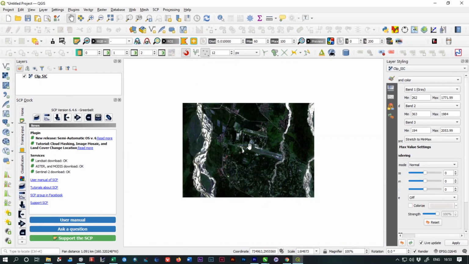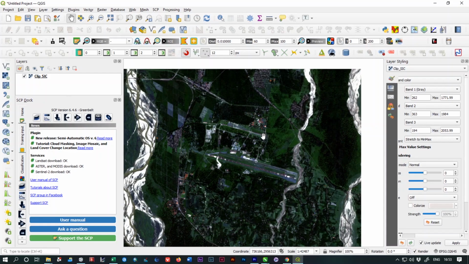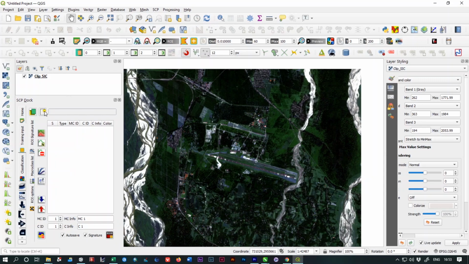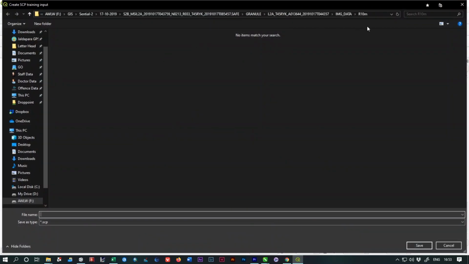You will get this dock from here. For supervised image classification you have to create a new file for the training sample. From the training input section, you have to create a new training input sample file. From here, give a file name, training data.